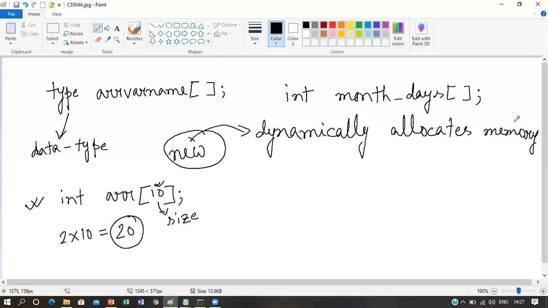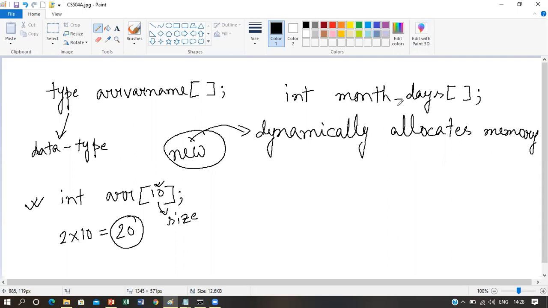We will discuss this new operator in some next lectures. But as of now, you have to know that you have to use this new operator in order to allocate memory dynamically for this array.